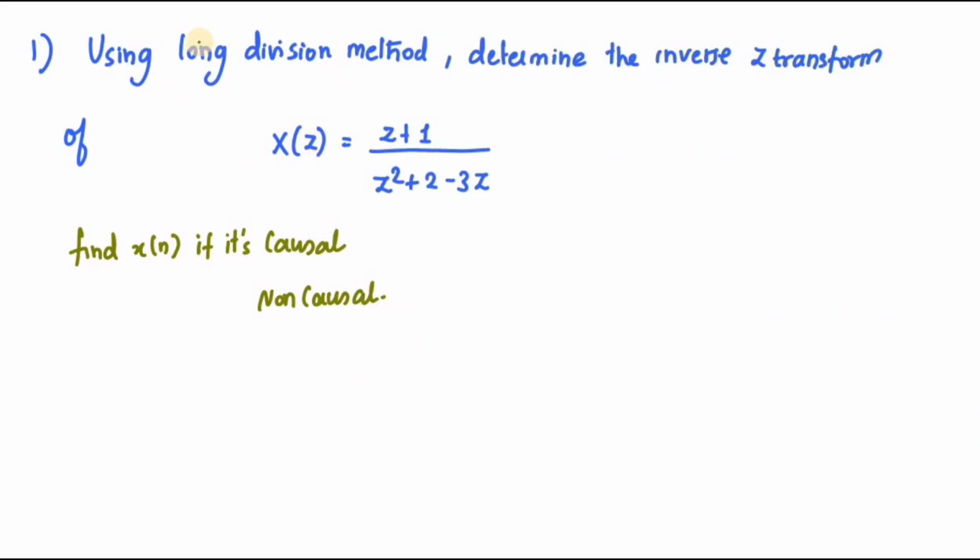So here the question is: using a long division method, determine the inverse z transform of X(z) equal to (z + 1) divided by (z square + 2 minus 3z). They are asked to find x(n) if it is causal and non-causal. Since it is a long division method, you have to divide